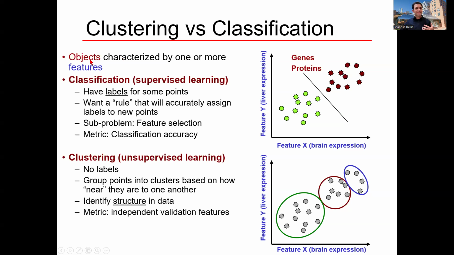So we're going to be talking about a set of objects that are characterized by one or more features. The features are all of the measurements we have. And when we talk about 20,000 dimensional objects, it's simply that we did 20,000 measurements. For example, all of the genes in the human genome. It's routine to just measure all 20,000 genes. And then you have 20,000 features.